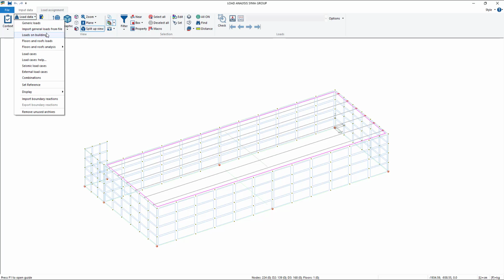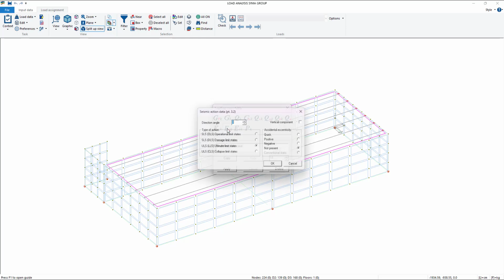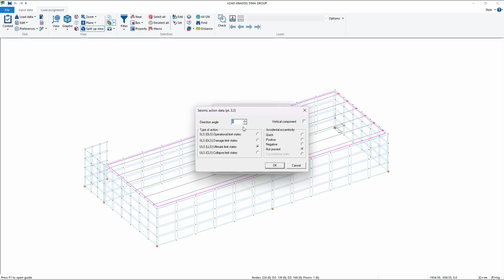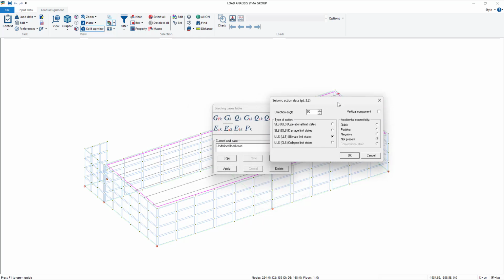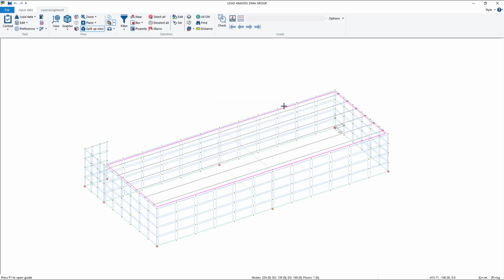Okay, so the command helps you in the automatic generation of the load cases. But basically, if it doesn't work or if you want to do that on your own, you can just move to the next slot, select seismic action, static seismic action, dynamic, click insert angle direction, where 0 is the x direction of the global coordinate system, 90 is the epsilon direction, and here basically you can set your load case, go OK, and go apply. Now I delete it because we already have it. And we can go on.